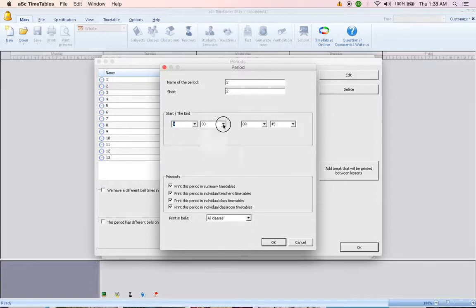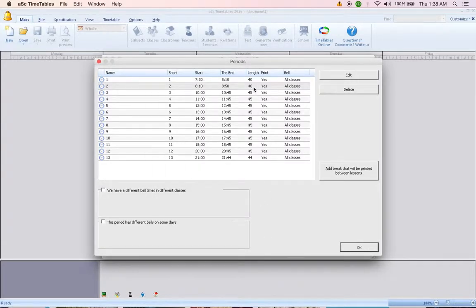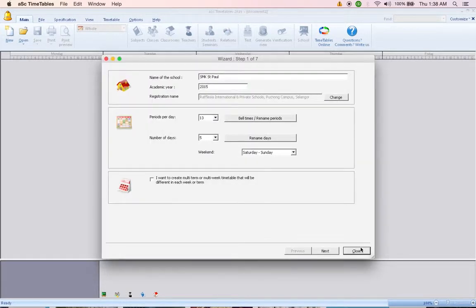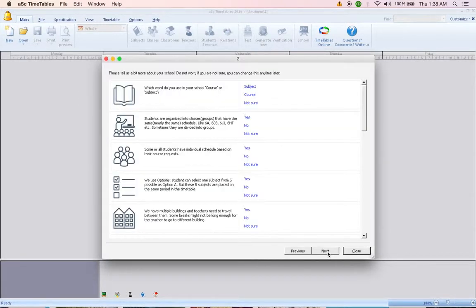8:10 to 8:50. So all of it is 40 minutes, 40 minutes, 40 minutes. So you do up to 13. And then you click OK. After that, click Next